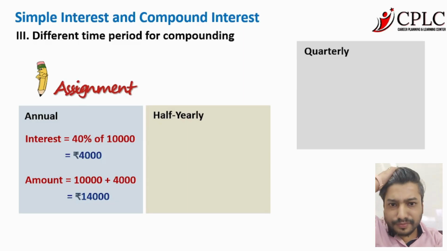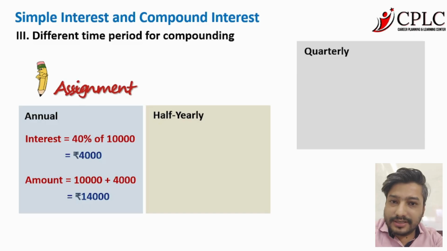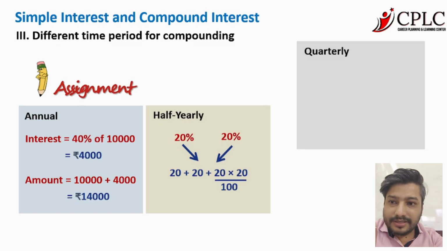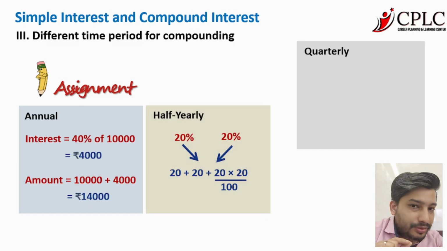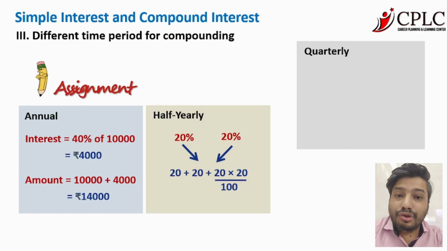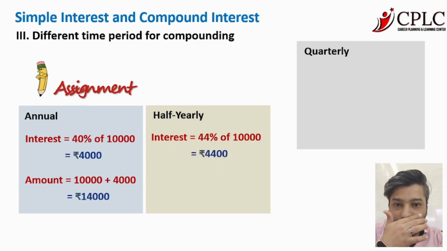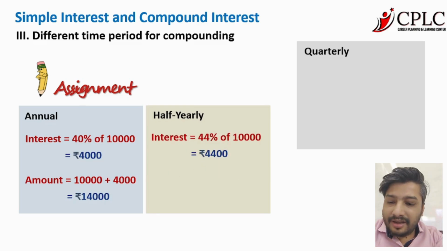So we can use successive, and if you remember the formula, which is A plus B plus AB upon 100, that is going to give you 44% as the answer. So now we simply take 44% of 10,000, which is 4,400, and the amount becomes